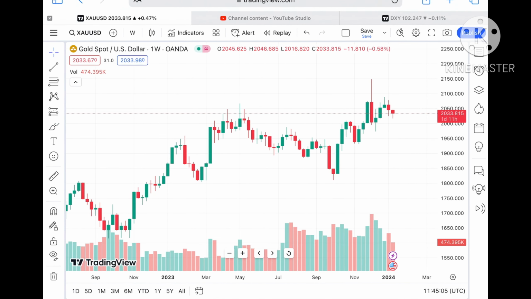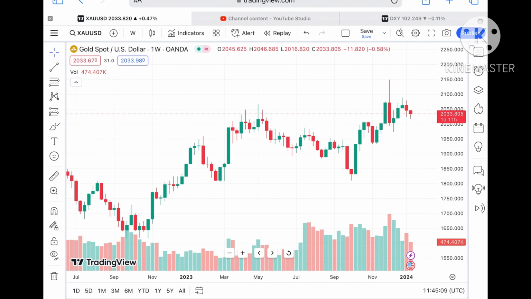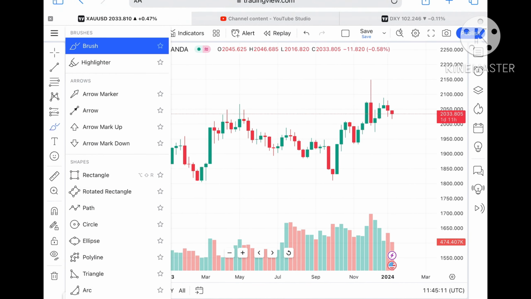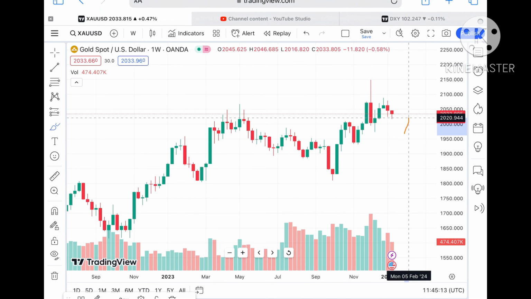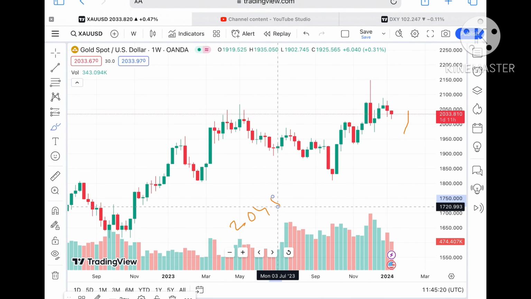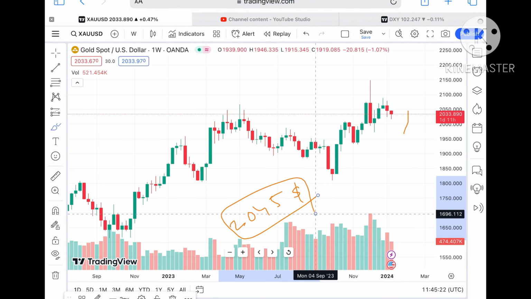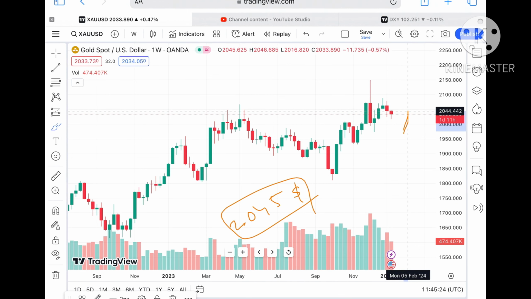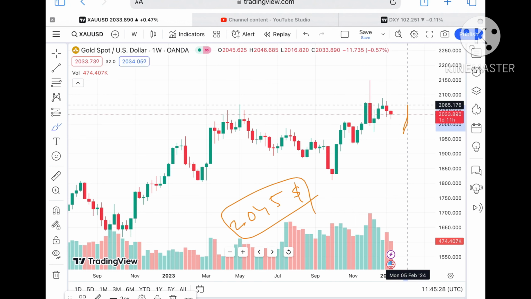As you can see looking at this particular chart, for 2 weeks there is a continuous fall. So let's see if the price sustains this level. What we can see, if it forms a swing at this particular level, suppose the price sustains this level, we can see it can move further upside and can go towards its next resistance coming at a level of $2045. This $2045 is already a weak resistance, so chances are high the price will move upside and will